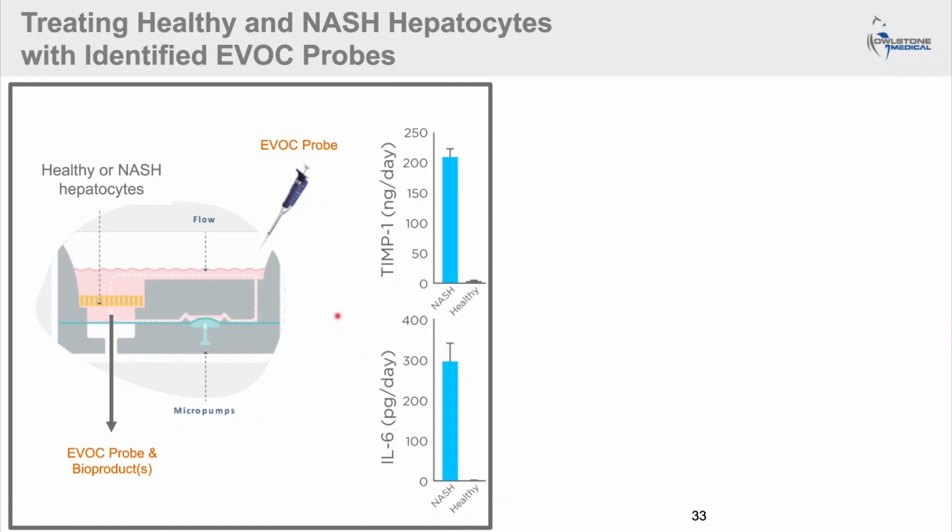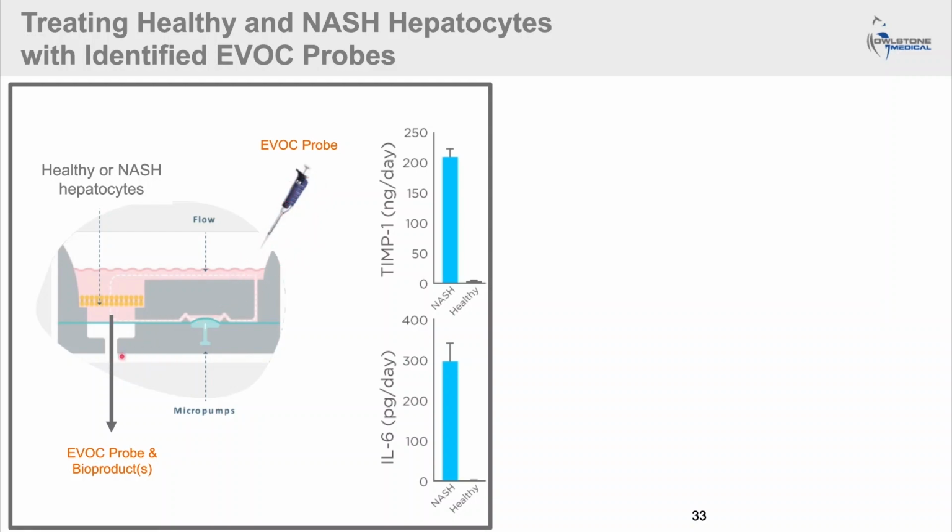We also investigated some preclinical models to see the metabolism of the EVOC probes at earlier stages compared to cirrhosis. In particular, we used the model from CN Bio, where primary hepatocytes are cultured on a scaffold, where they can be kept differentiated, and a NASH phenotype can be induced. Indeed, here we can see an increase of NASH biomarkers, such as TIMP1 and interleukin-6, that are elevated in NASH hepatocytes compared to healthy hepatocytes.